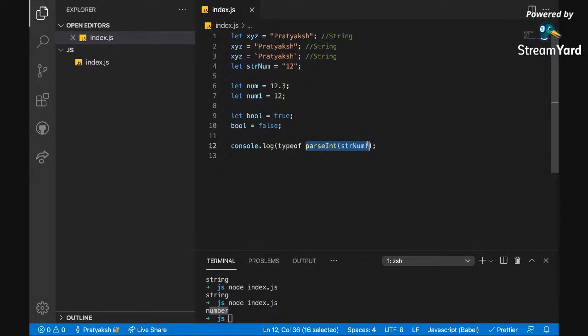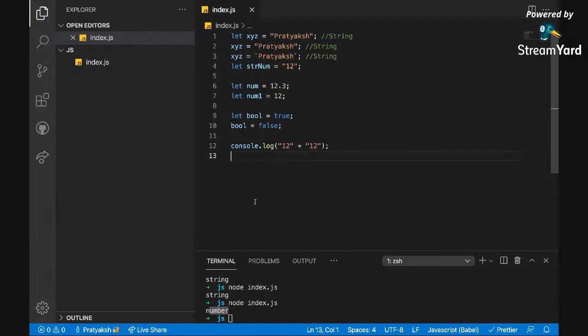Varun asks, sir, will it automatically concatenate both strings? Yeah. So what this plus does is, if I do 12 plus 12, it will do addition because it has two numbers. But if I have two strings, it will do concatenation. Now here it will perform concatenation because it's not a number. You cannot perform a mathematical operation over here. So it will just concatenate these two strings. So it will automatically do that.